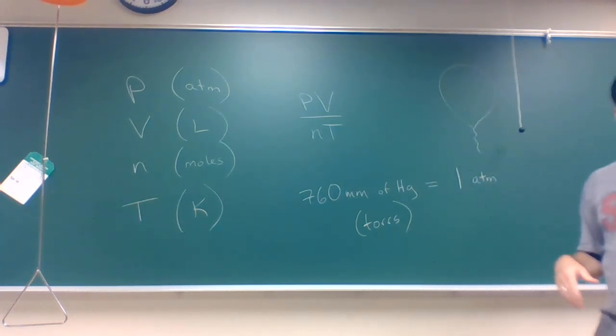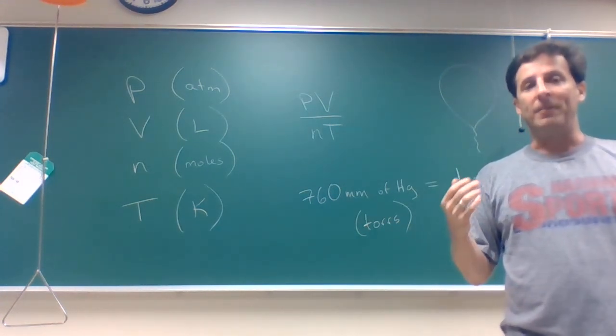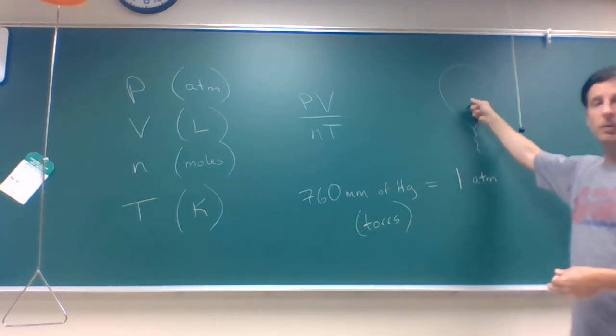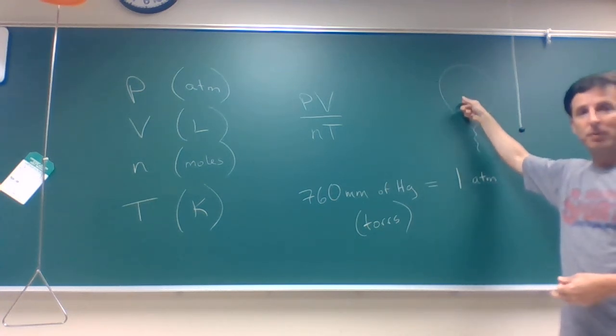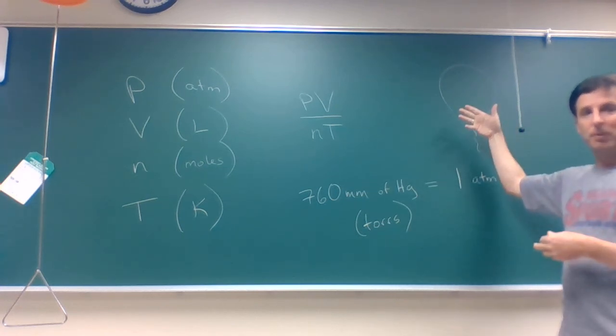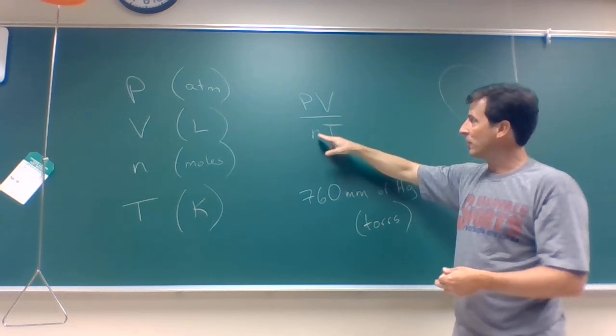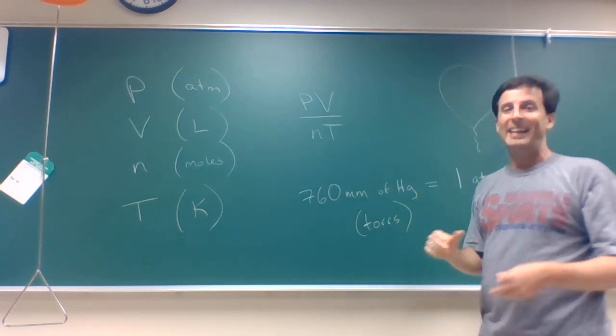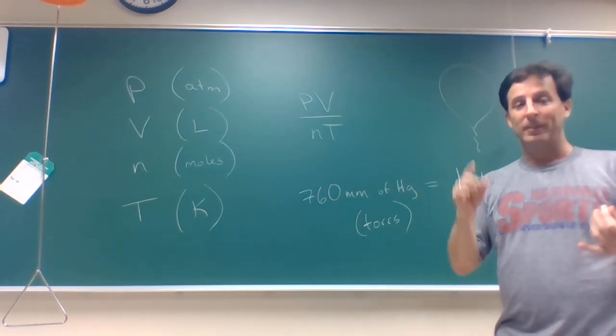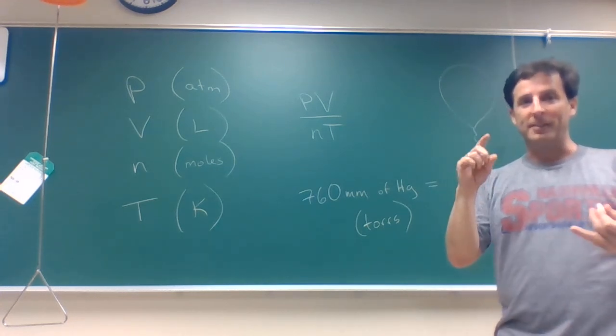Okay, my balloon is full of helium gas. If I measure the pressure in the balloon, the volume of the balloon, the moles of the gas in the balloon, and the temperature of the balloon, and plug all those values into this equation, PV over NT, it doesn't matter what gas is in the balloon, it doesn't matter what the temperature